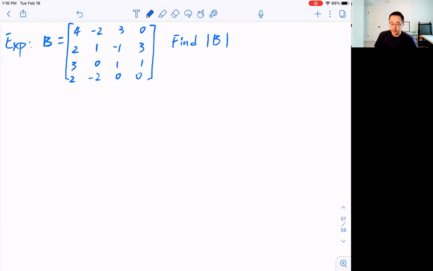Now find its determinant. Again, you can pick any row or any column to do this, and the easiest way for me is to use the last row because it has 2 zeros. That means you can get rid of 2 calculations in multiplying elements times their cofactors. So I'm going to pick that row to use. Now we say the determinant of B equals 2, the first element right here,